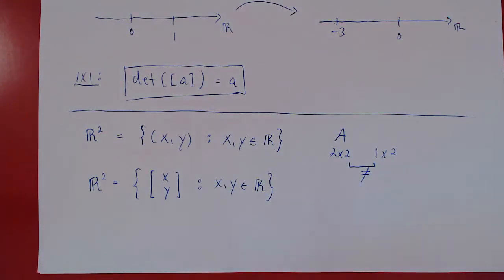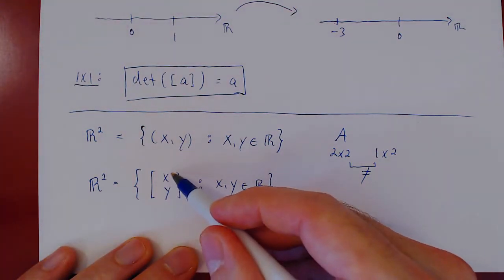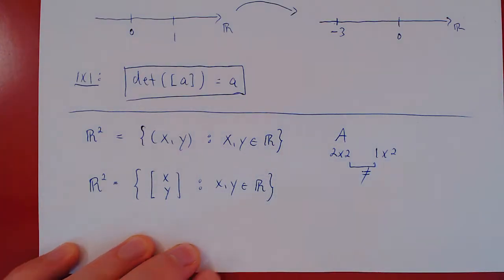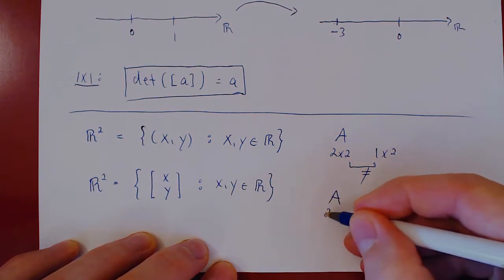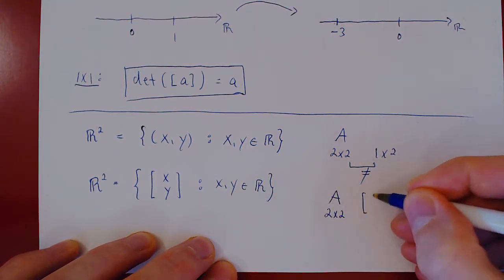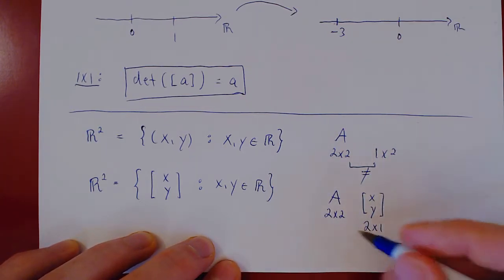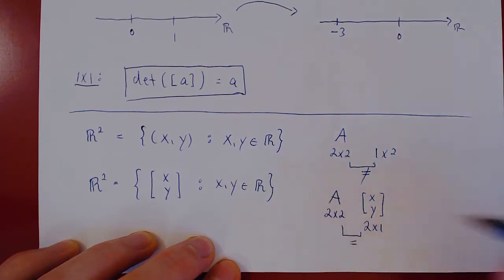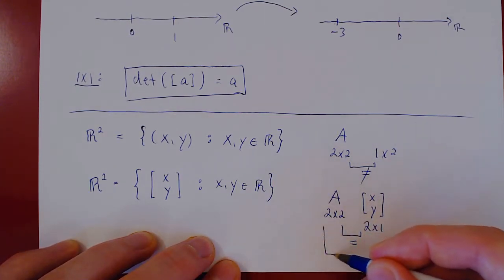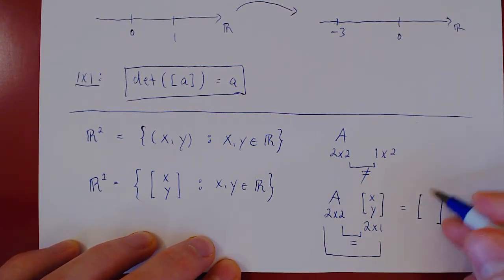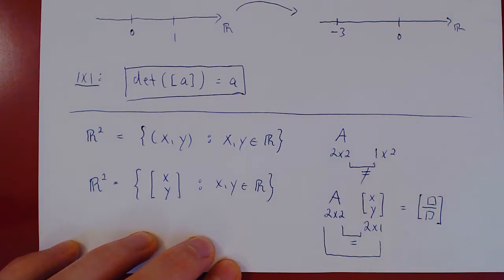Geometrically, this changes nothing, right? The first entry of your column is the x component of your point. The second entry is the y component. Now, the question is, algebraically, does this make sense? Well, if A is a 2 by 2 matrix, and we try to multiply a point by A, this is now a 2 by 1 column matrix. 2 equals 2. So multiplication is now defined. And the new matrix will also be a 2 by 1, another column matrix with 2 entries. Therefore, another point